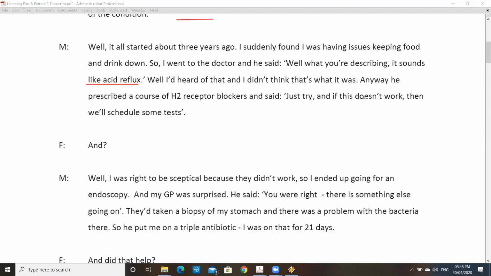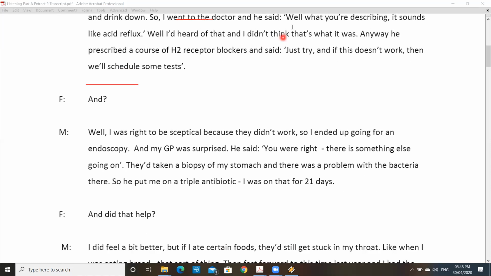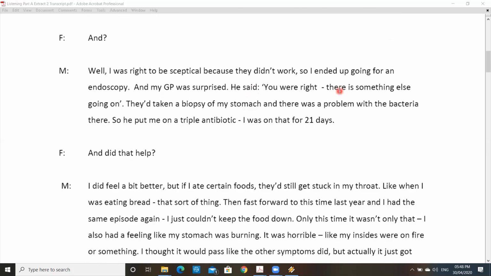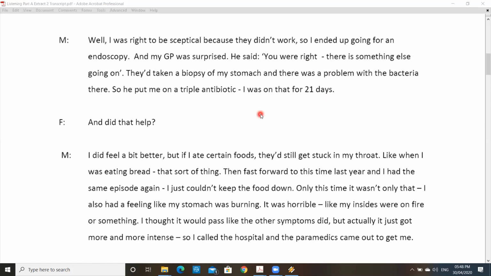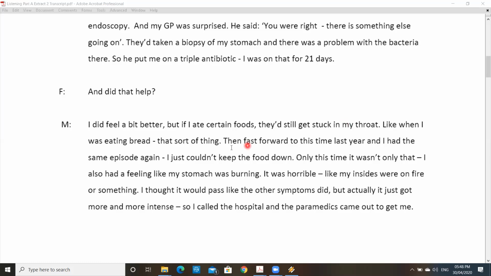Similarly, he never used words like, here, when it says that they had some test. Okay, so the patient's kind of language will be different from the language that you have written on your question paper. Similarly, instead of vomiting, he was every time using a typical phrase, that I was unable to keep the food down. So these are the typical phrasal verbs that your patients would be using, and it's important that you get familiar with this kind of phrasal verbs. Couldn't keep the food down.